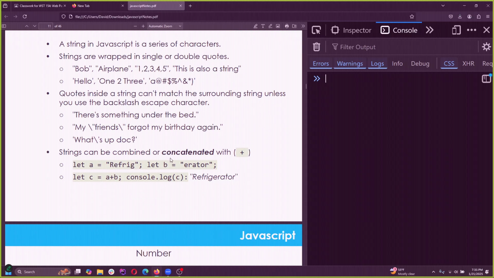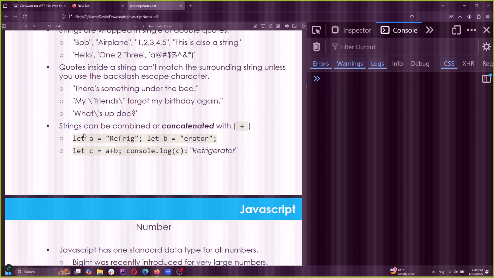Strings can be combined or concatenated with a plus sign. So you could connect two strings together, putting a plus sign between them. So if you had let A equal refrig and let B equal aerator, if you did let C equal A plus B, then